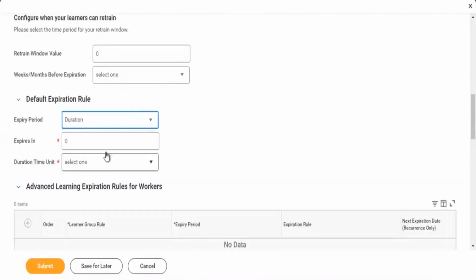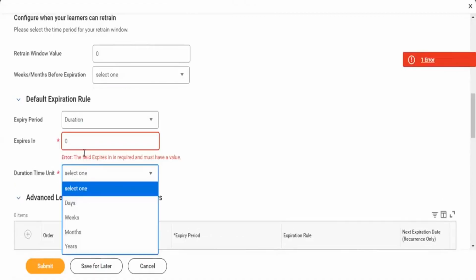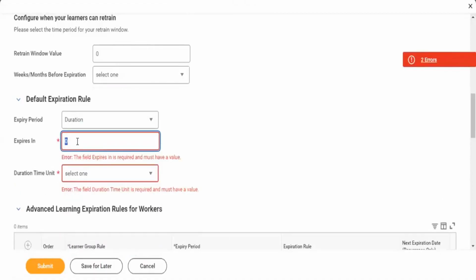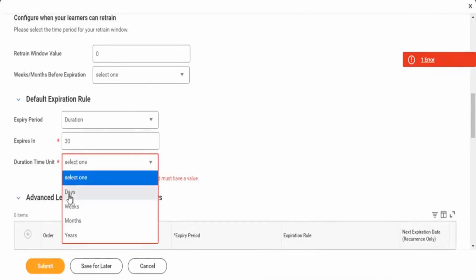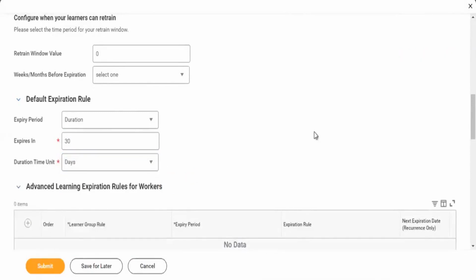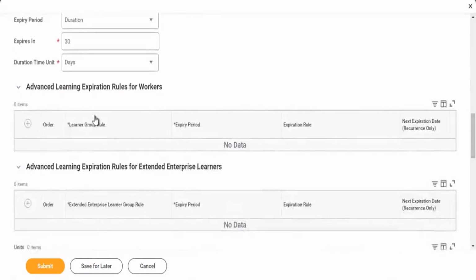You can set your expiration. You can configure that. And also you can define some rules, an advanced learning expiration rule for workers.